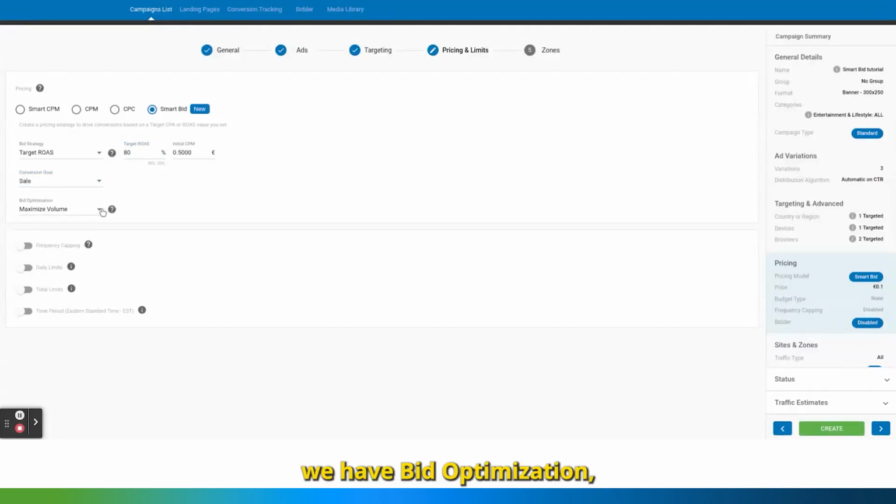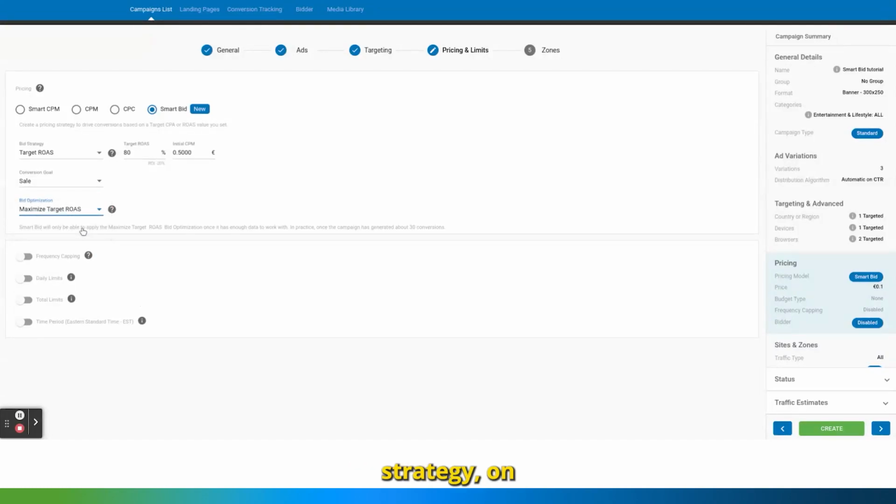Finally, we have bid optimization, which determines how conservative your campaign bidding will be. A maximize volume strategy will focus on trying to get as many conversions as possible, which gives the campaign more flexibility in testing the available segments. With this optimization algorithm, the campaign will continue receiving traffic from segments that haven't reached data significance. A maximize CPA/ROAS strategy, on the other hand, will restrict the campaign targeting to only those zones which have generated